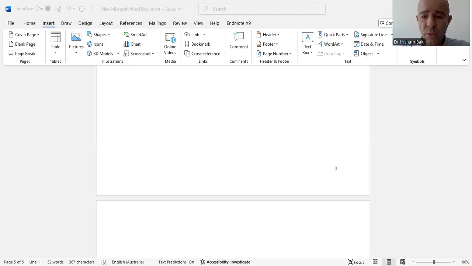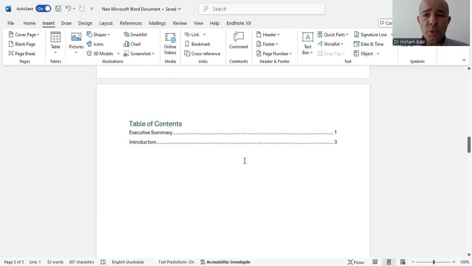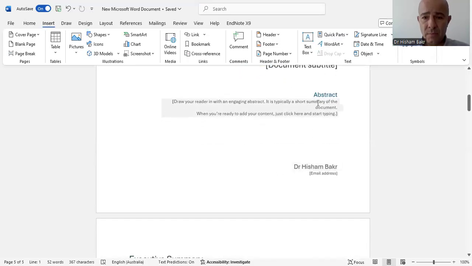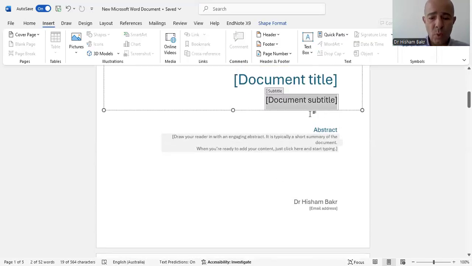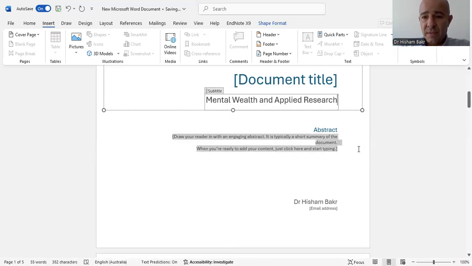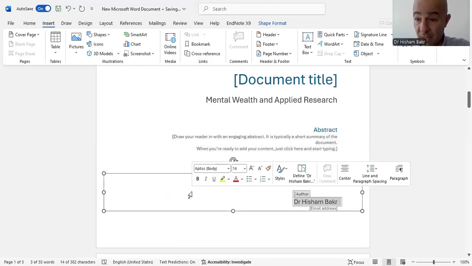So expect that you are working on a research about mental wealth and applied research. The very important thing is that once you are putting headings, subheadings or titles,